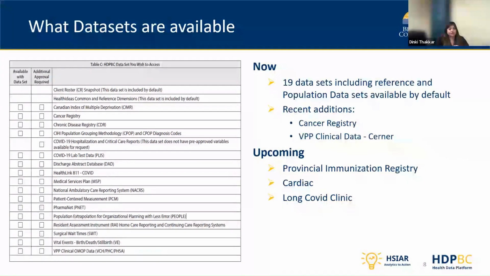And second, for each of the data sets, if you look at the image on the left, you'll see there are two check boxes next to each data set. One column that reads available with data set, and then the other one that reads additional approval required. What does this mean, right? For each data set, there are a variety of variables that are already pre-approved and made available when you access a particular data set. This is important because if your project is using any of the variables that are already pre-approved, this is where we work with all the health authorities as we provision these data sets to confirm that they are comfortable releasing a certain set of variables, rows and columns, and consider them pre-approved. This will help expedite the request adjudication and approval. However,